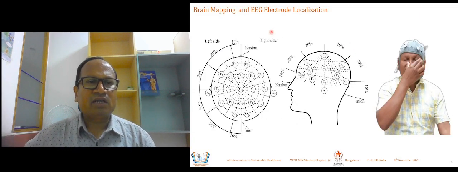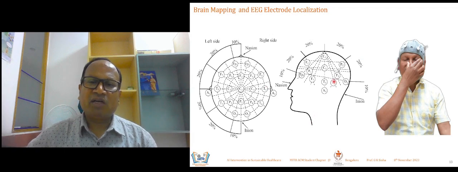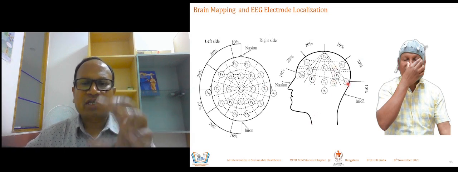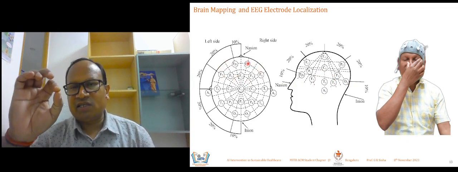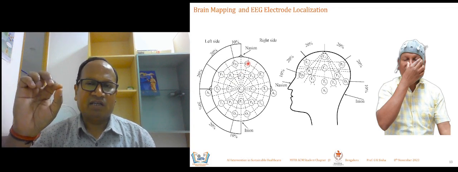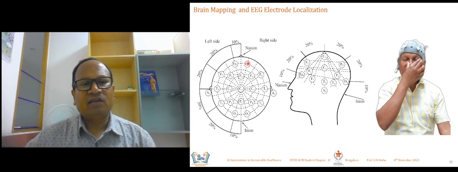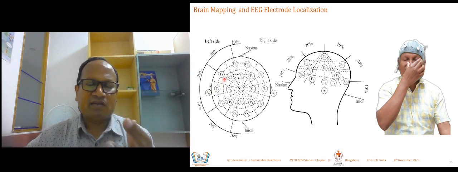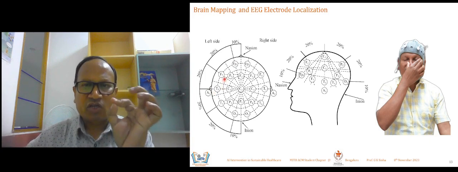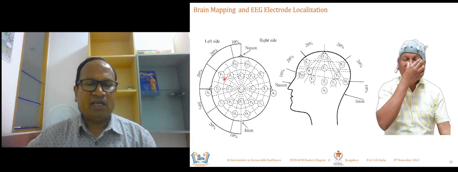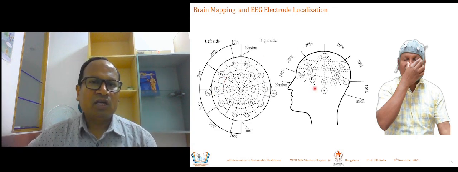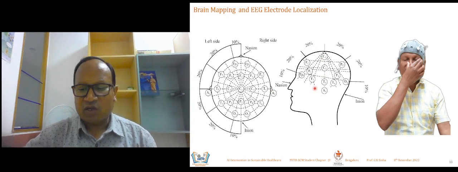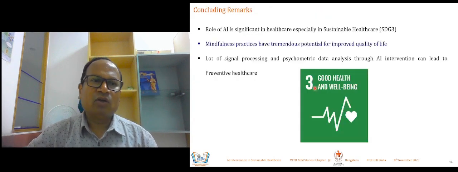There is one work called brain mapping, because what is important is which of those electrodes from a certain area, say frontal area. Look here, there are so many channels in the frontal area, but if I'm interested to study critical thinking ability, whether there is improvement or reduction, I will not focus on all frontal areas. Rather, I will focus on the most appropriate frontal area channels, the sensors, the electrodes. This work has also been done in our lab, what is called EEG electrode localization.